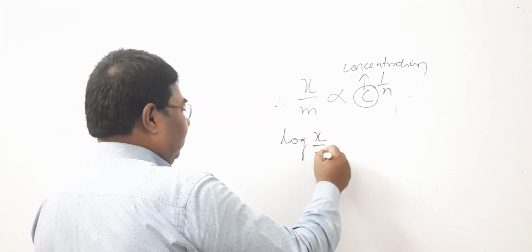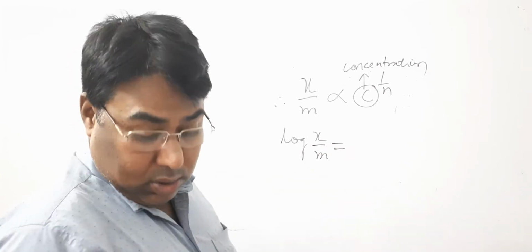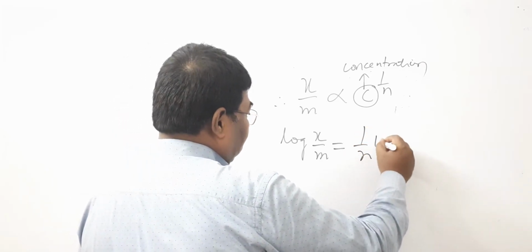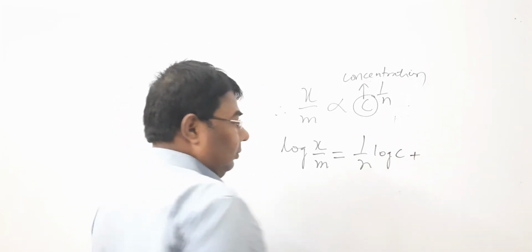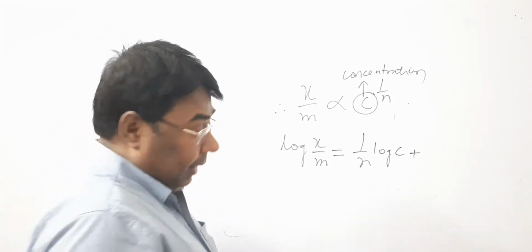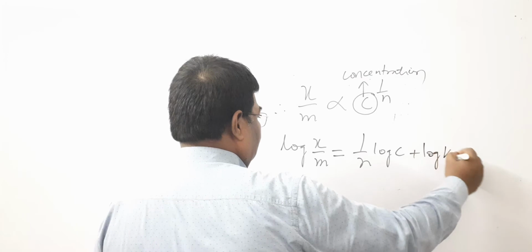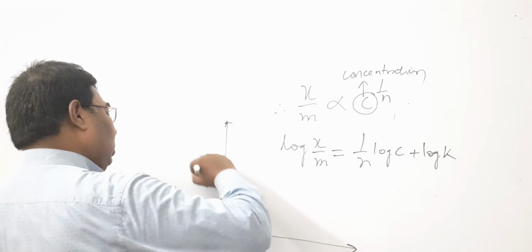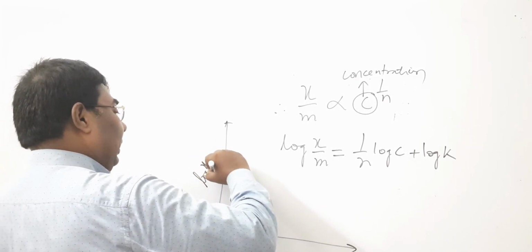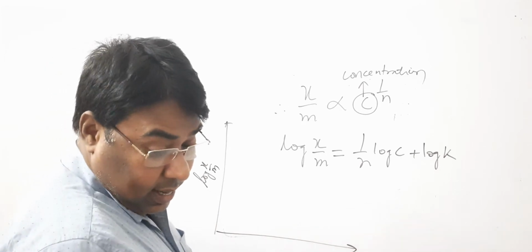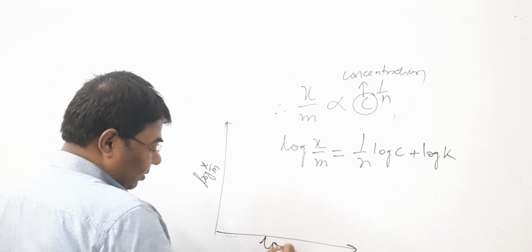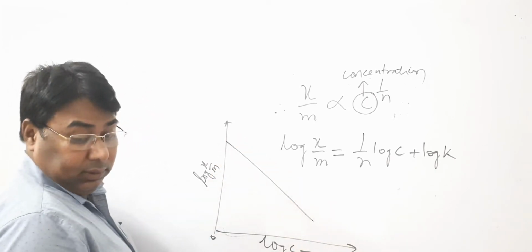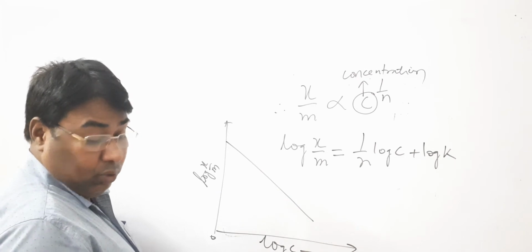log x by m is equal to 1 by n log c plus log k, and while plotting a graph between log x by m and log c, then a straight line graph with an intercept is obtained. The intercept gives the value of log k,